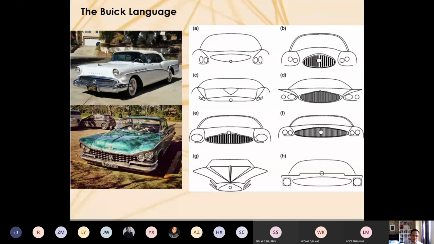And using the shape rules, he can recreate the existing designs, and also create new designs in the same style. Maybe the car manufacturer themselves, Buick themselves, never designed certain designs produced using the shape grammar, but using the shape grammar, it can be done. You can produce new designs which have never been done before. So another one is